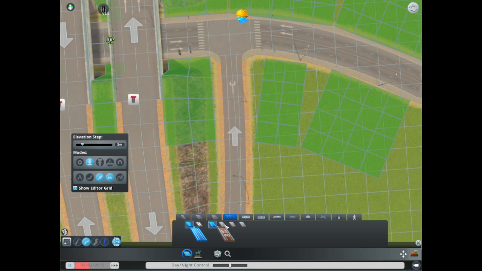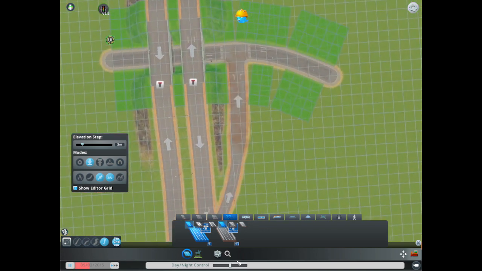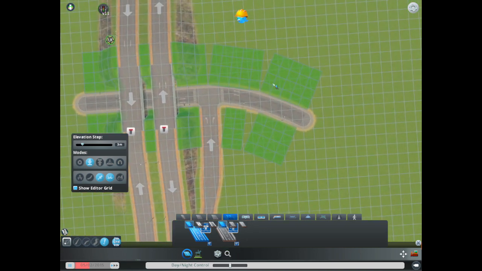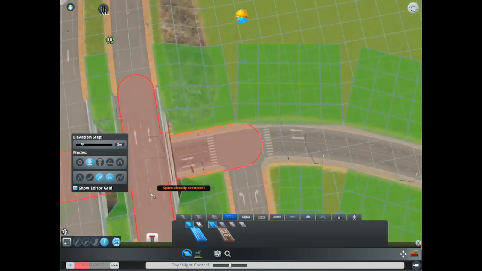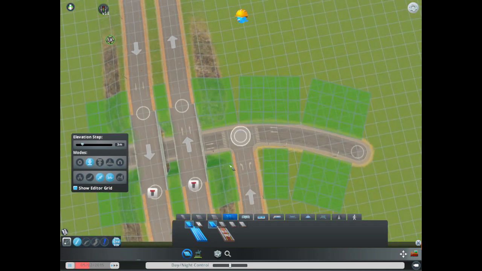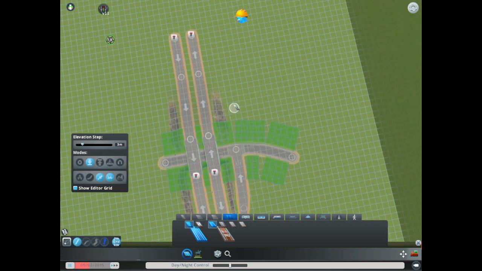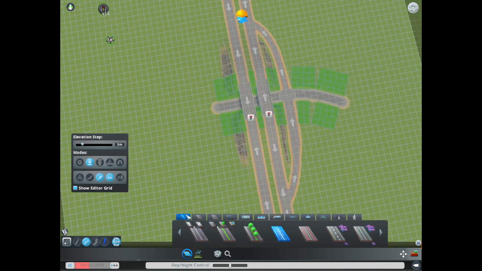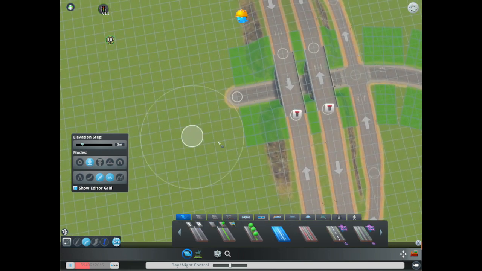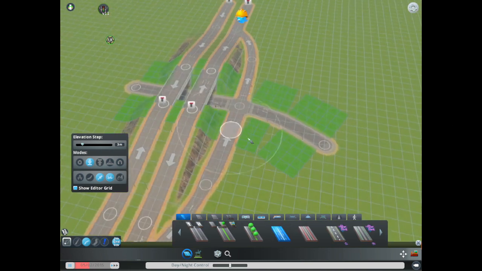So I'm going to go back to the 2-lane road, and then I'm going to upgrade that to 2 lanes. There we go. Perfect. Then I want to draw this off-ramp and bring it into this node right here. So we're going to do just that. Simple and clean. Okay, now that that side is done,